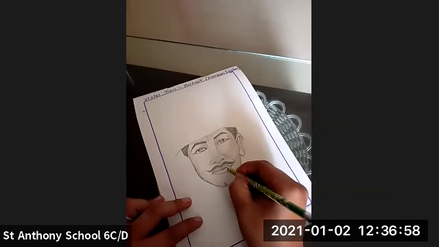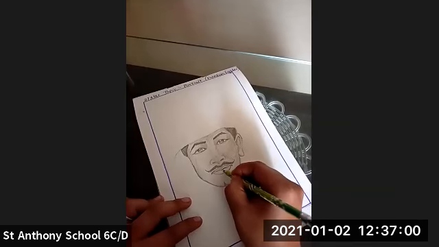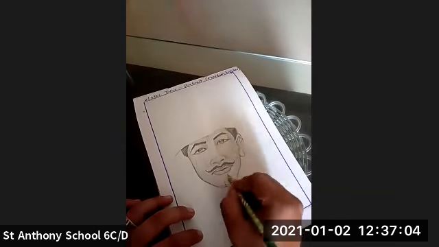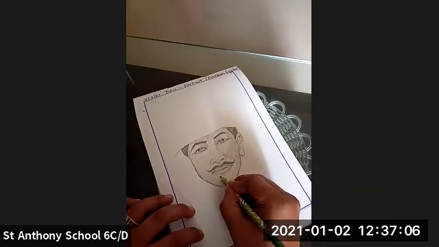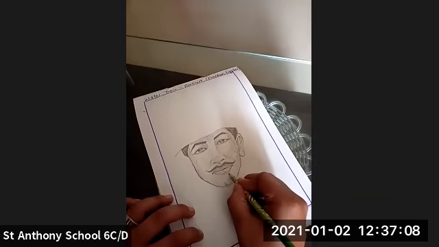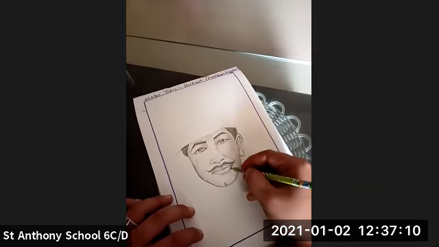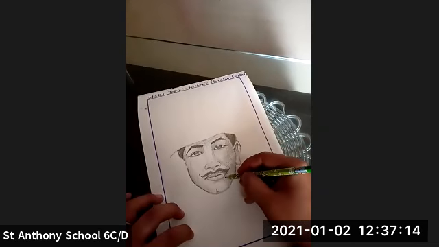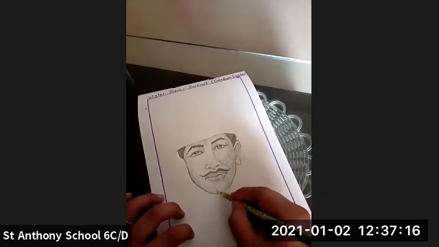So just look at this. Yes, this is called cross hatching technique. In this way you can do it.